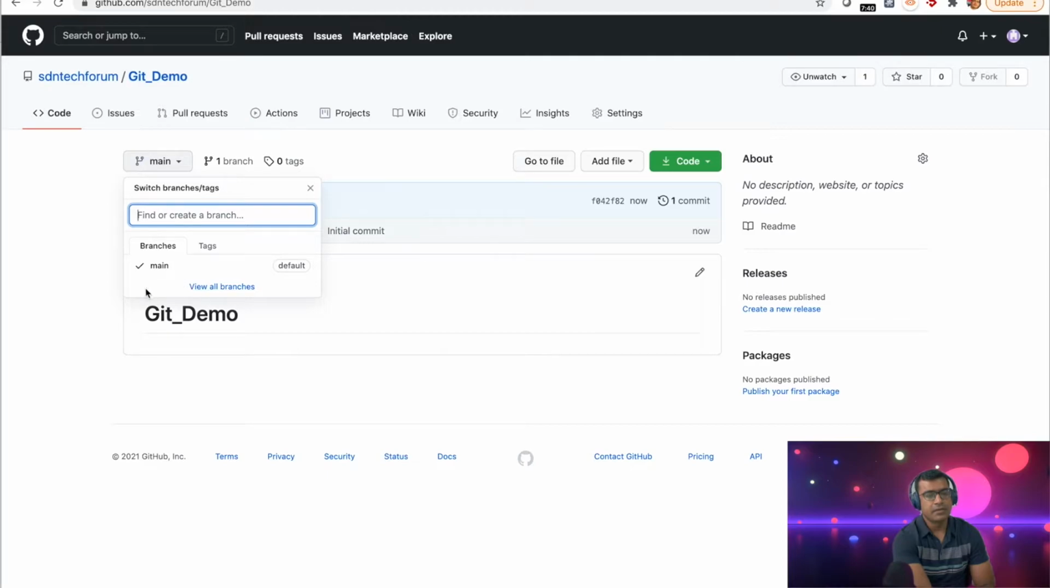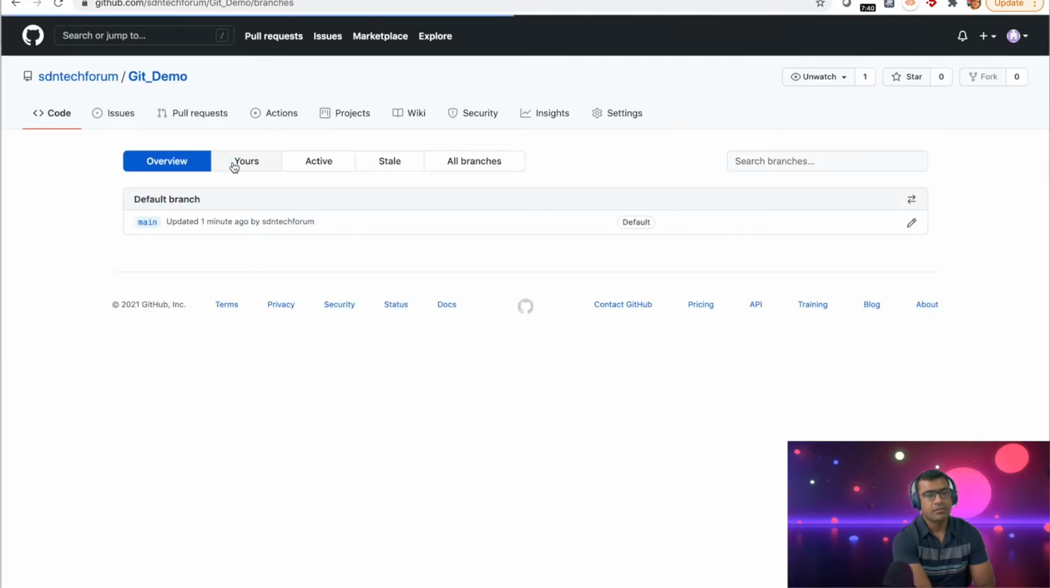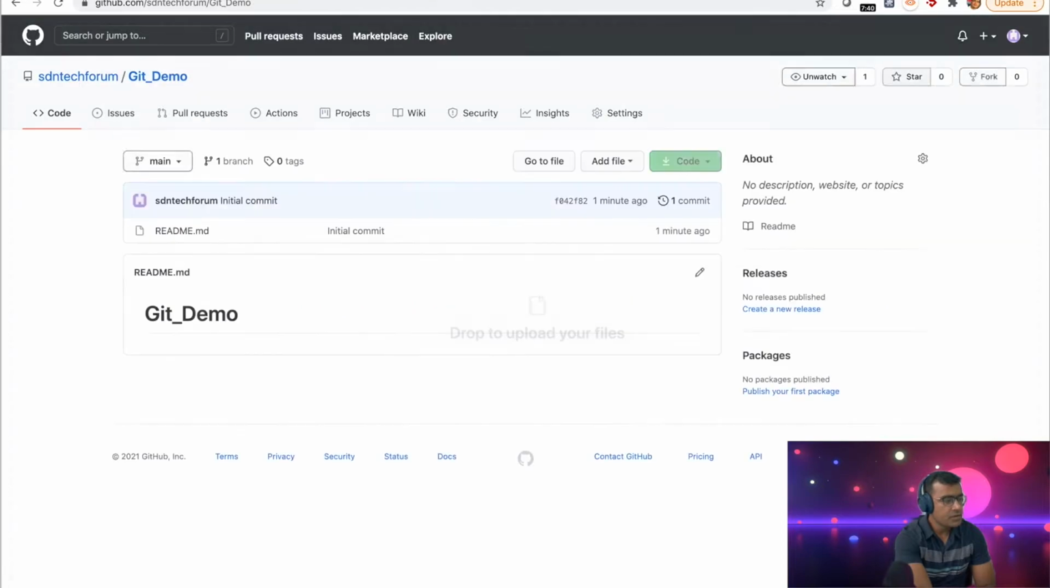I can say branch, all branches, main branch. To create a new branch, go to repo and main, type the branch name. Okay, so you come here and then you can do,